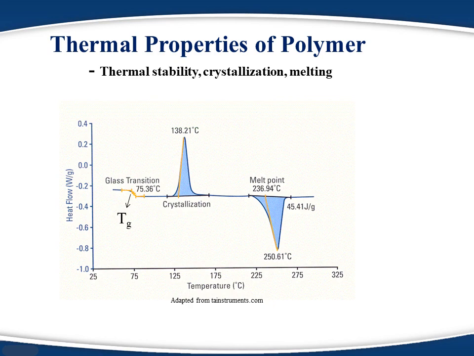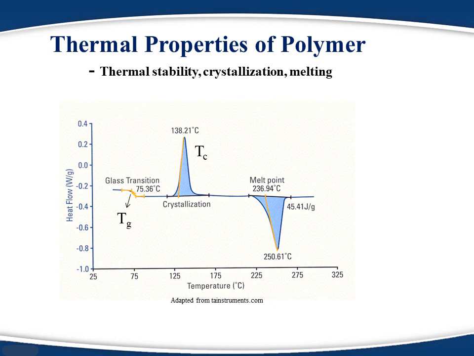Above Tg, polymeric material gains segmental mobility, which means a small segment of the chain can bend or rotate. So polymer can be bent or deformed above Tg. The second important transition is the crystallization temperature, which is also known as Tc. At Tc, the random polymer chains in the amorphous state form a highly ordered crystalline phase. Tc is a very important factor during the product manufacturing process, as it helps to decide mold temperature and cooling time.